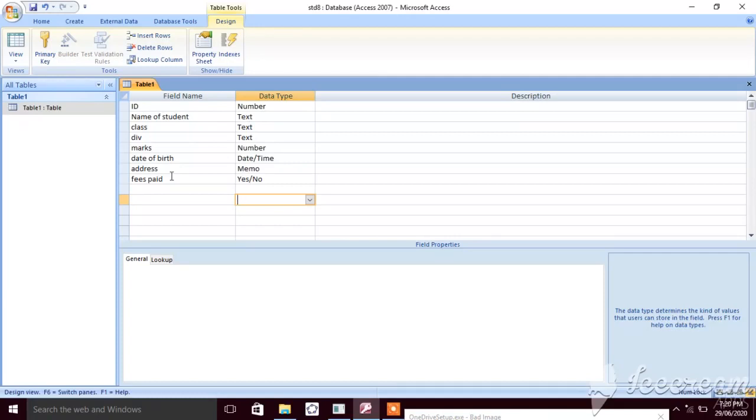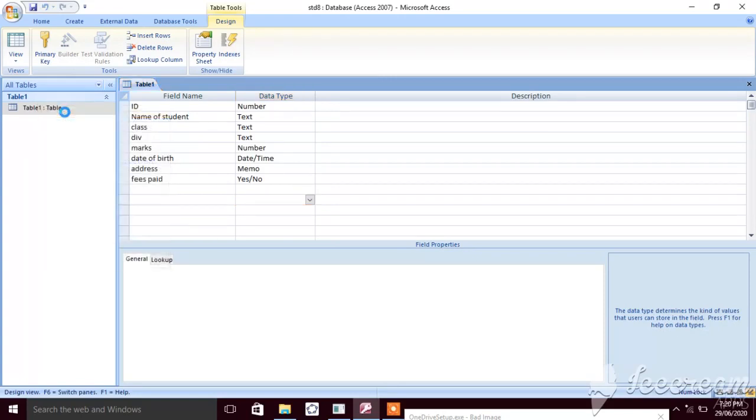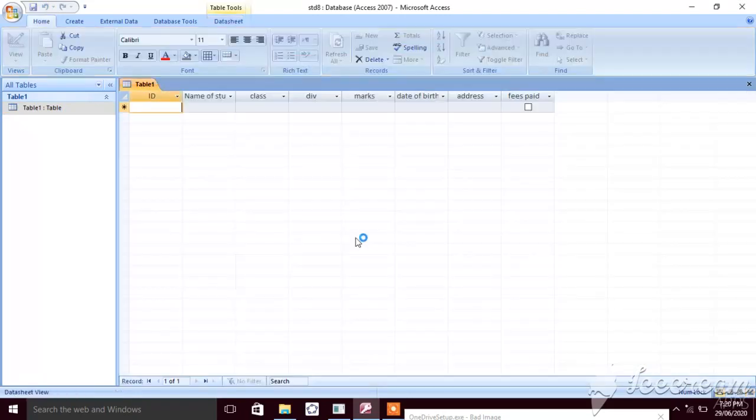Now again we will see how to enter data in the database. Now see, we have given the data types, and even the field names are designed. Now again go to table 1, right click on open. Okay, before that I have to save this. Now see here, now I will enter data. 1, name of student, suppose Rajesh.